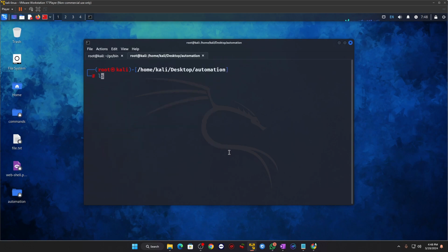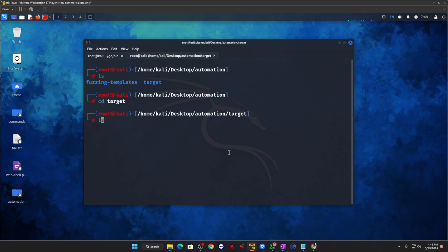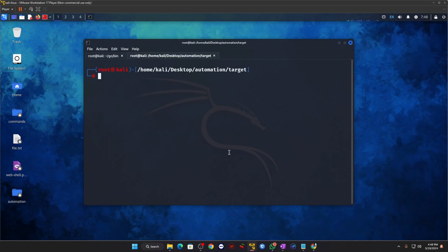For example, let's say I'll work with my targets in the target directory to reduce the spam. Okay, so I'll just go inside it, and after going inside it, I'll use all my commands here. Now the first thing is we need to grab subdomains of our target. Let's say that